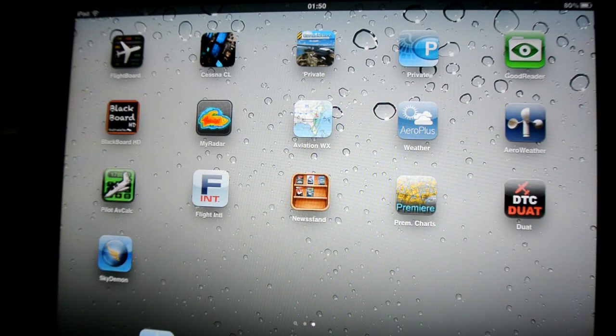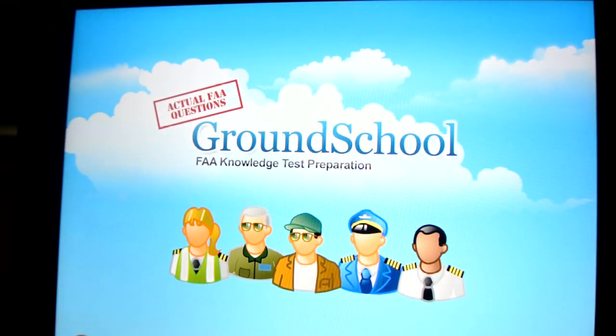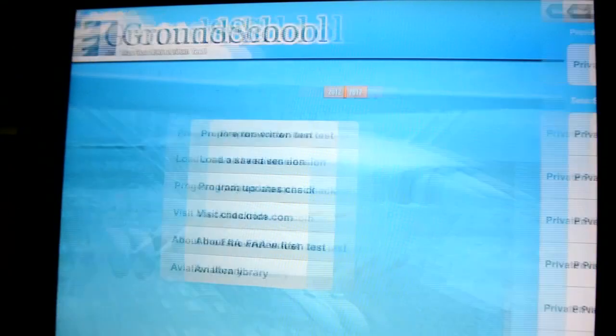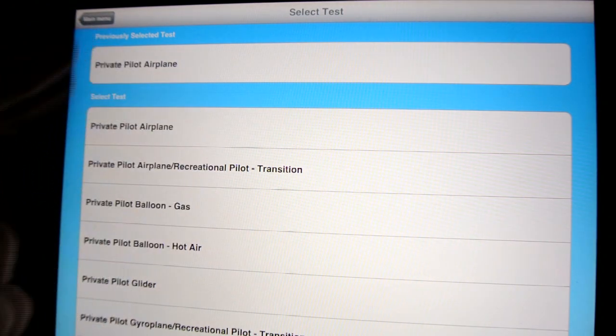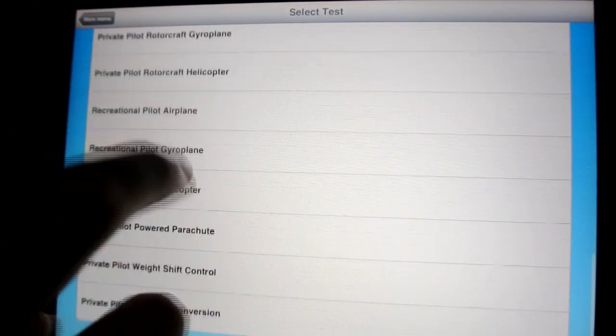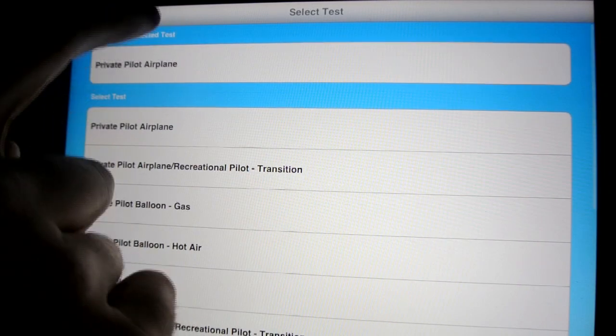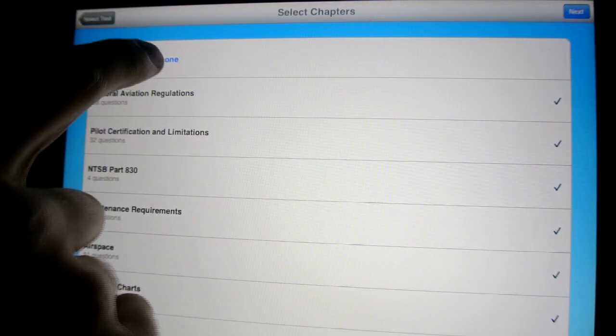The next two apps I'm going to show you are for studying for the PPL, FAA version, and this is a really good app. So you just choose your type, recreational, private pilot aeroplane, which is set there. You can select all the questions,